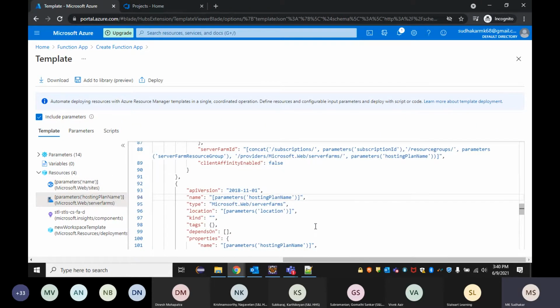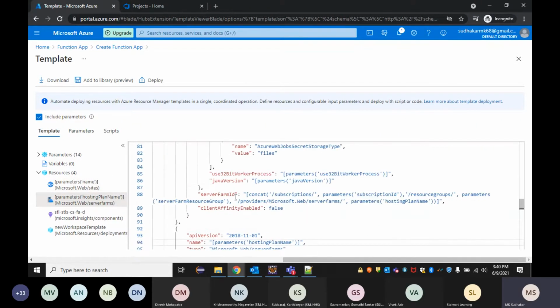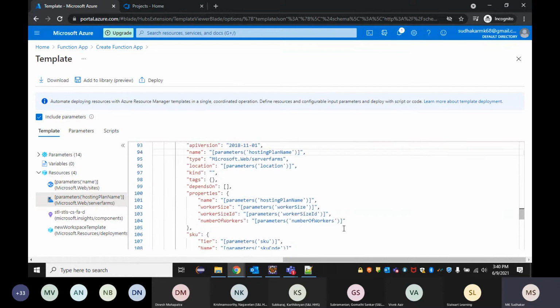And second, we are going to use a hosting plan. As I said, we have the serverless consumption plan. That's a very basic hosting plan which I took. It's for the free trial. But if it is premium, we have premium and then the app service plan for the enterprise Azure.